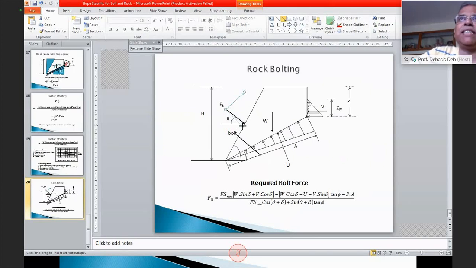In the civil sector, bolting is a must. They have to. A retaining wall will be a must in many cases. In our case it is mostly a retaining wall in the dump. When we talk about that, at that time we will know about the retaining wall. So this is more or less what we calculate for a single joint or single discontinuity plane. Now its extension is multi-surface or wedge type of thing, but this is not in your syllabus.